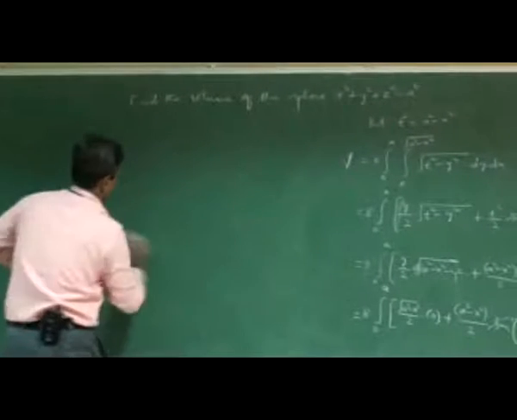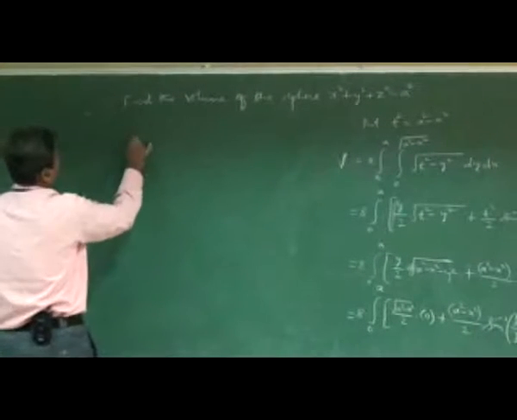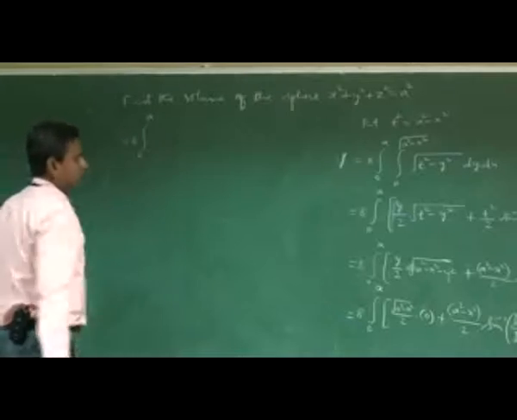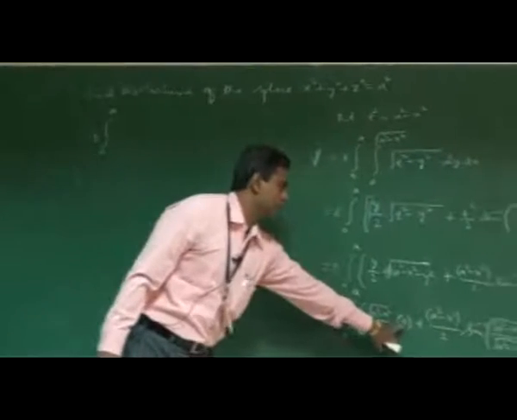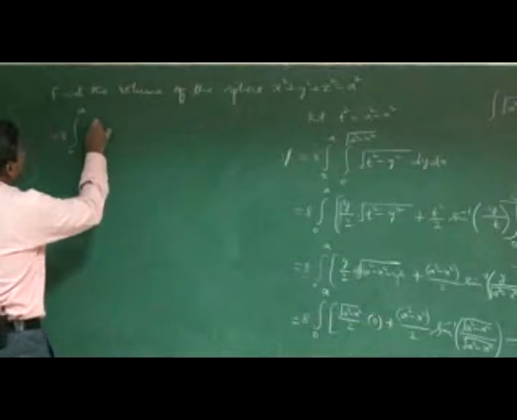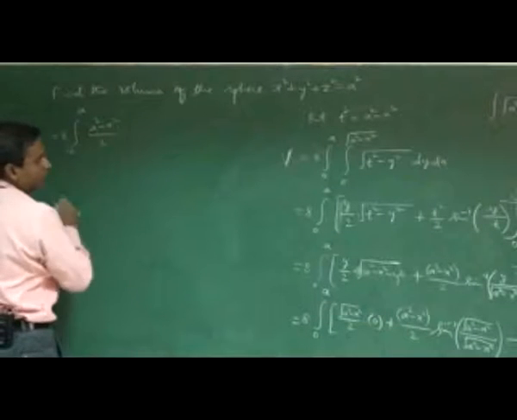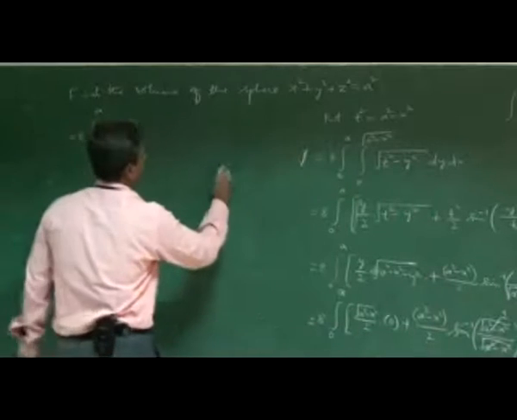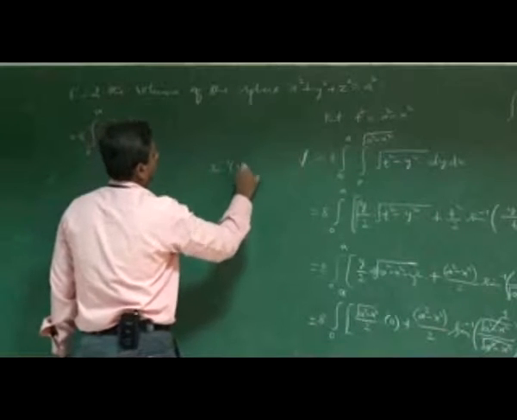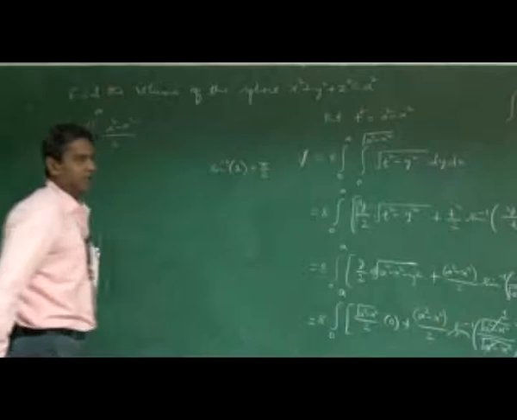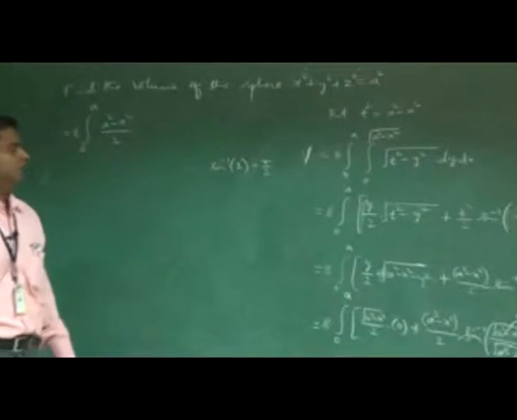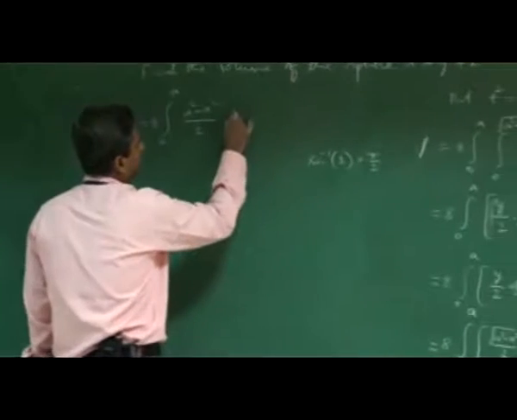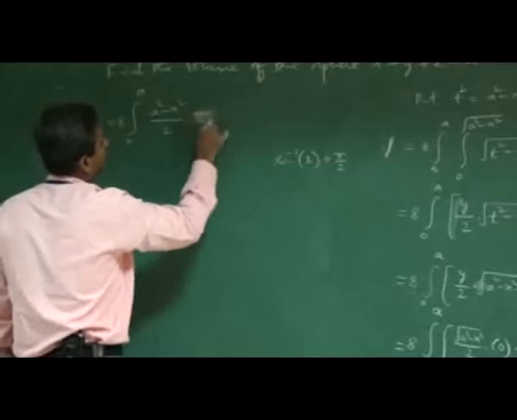So we get the first term equal to 8 into the integral from 0 to a, and multiplying with the 0 it goes to 0. Here we have a squared minus x squared divided by 2 into sine inverse of, it cancels, which means we have got 1. Sine inverse of 1 is what? Sine inverse of 1 is pi by 2, since sin 90 degrees is 1. So sine inverse of 1 is pi by 2 into dx. That is pi by 2 into dx.